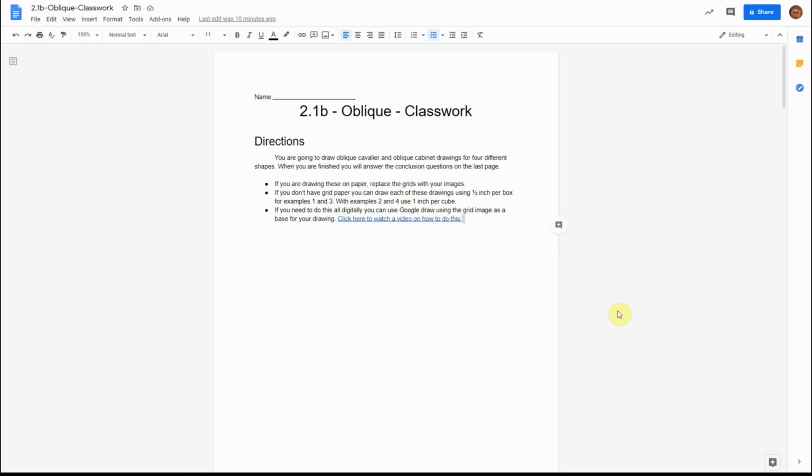So in class today we're going to be working on oblique drawings, and you're going to be doing this individually. There are a few different ways you can work on your drawings. You can do them with grid paper at your table and then take photos and post your images. And then if you don't have grid paper, you can draw everything using either 1/2 inch per box, and by